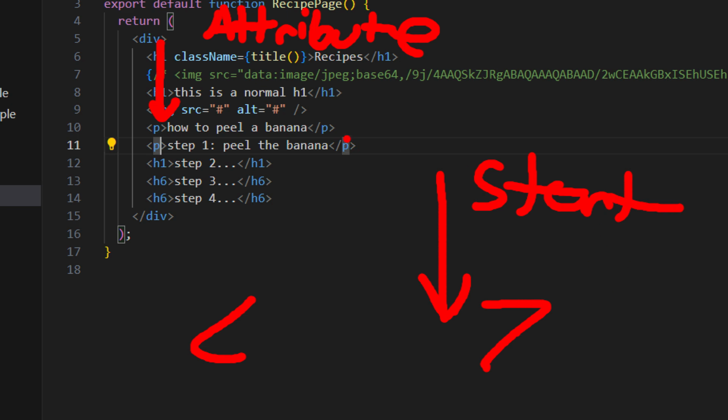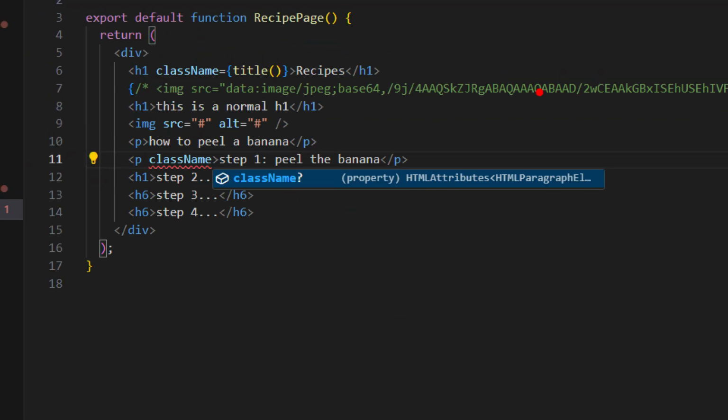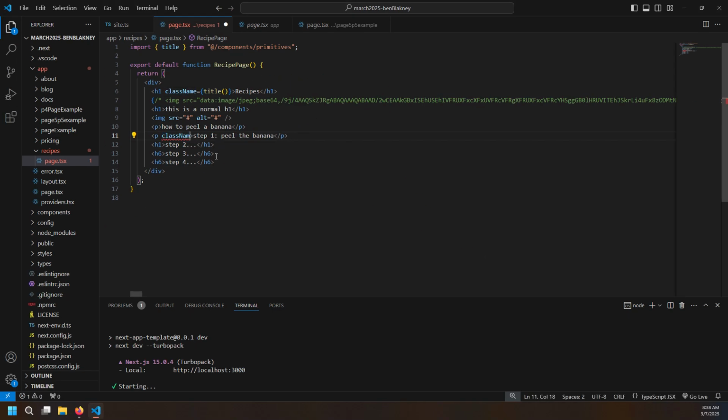So I need to add the attribute by going into my paragraph here of class name. And when you do that, a little pop-up will appear that says class name question mark. When you see that, all you have to do is hit enter. And it very simply adds the equal sign and the quotation marks onto this specific paragraph